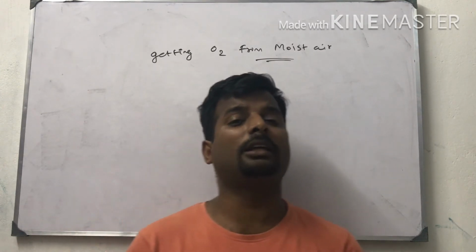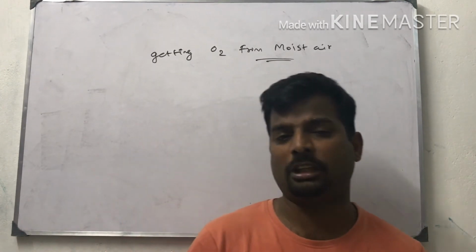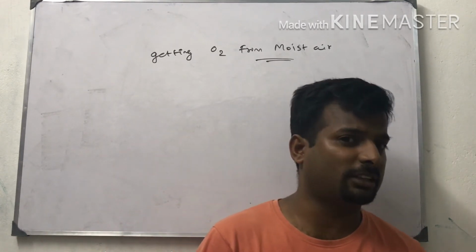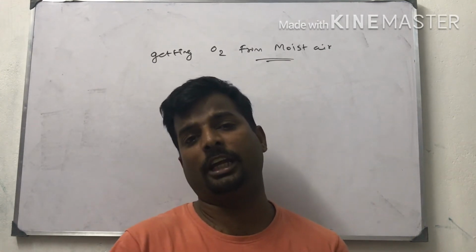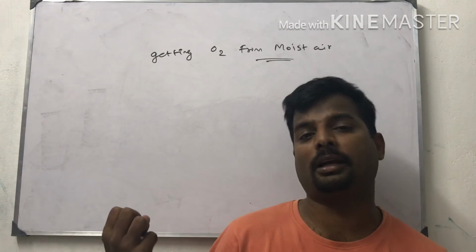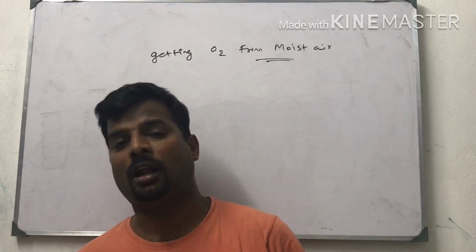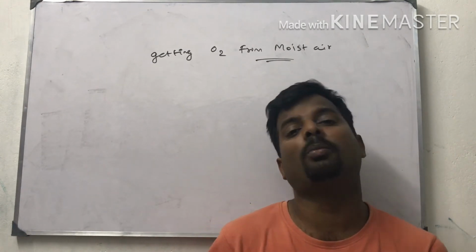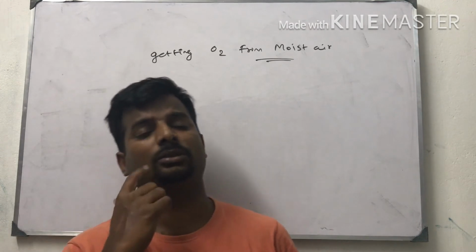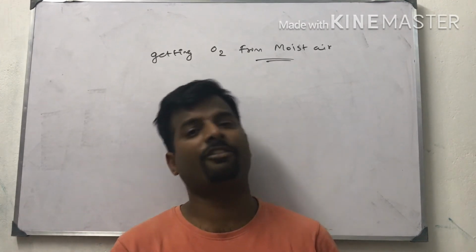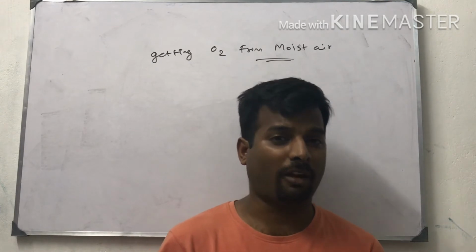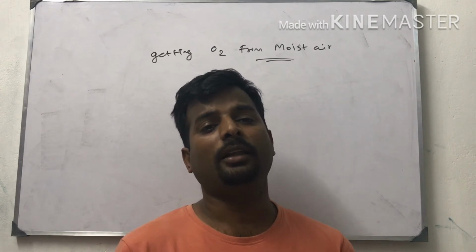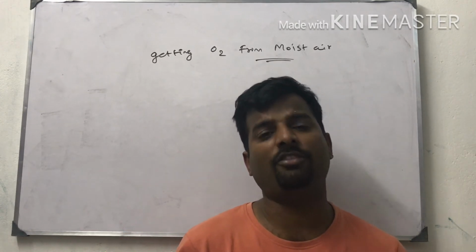After that you have to boil it. The boiling point of nitrogen is 77 Kelvin and the boiling point of oxygen is 90 Kelvin. So at 77, we have to stop the process. The nitrogen gas is passed through the Liebig condenser, condensed, and settled in another beaker as liquid nitrogen. The liquid oxygen is separated in the round bottom flask. We learned simple distillation and fractional distillation in 9th standard. So by the fractional distillation method, we can separate oxygen and nitrogen. This is the last method of preparation of oxygen.